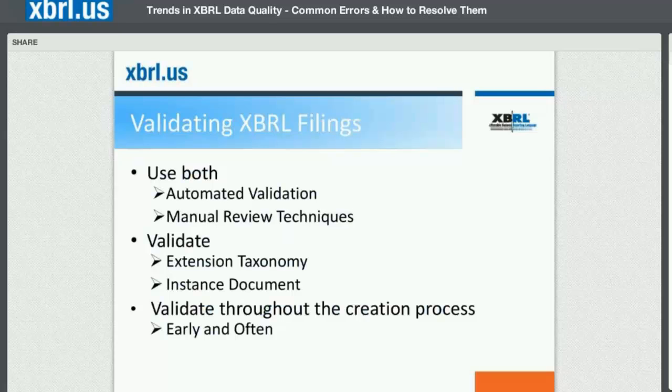Okay, so when you're validating XBRL financials, you want to automate as much as you can, but you also have many things that can only be done manually. So the extension taxonomy and the instance document have to be validated. XBRL consists of those two components, the taxonomy, which is the format, and the instance, which is the bag of facts, the completed format. And you really want to validate throughout your process, validate early and often,